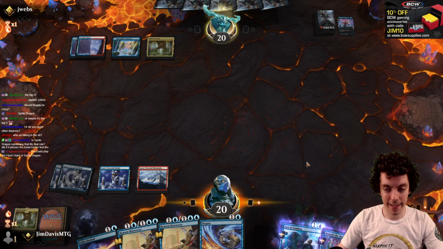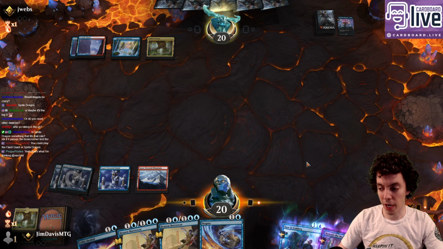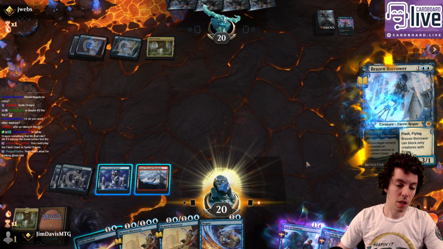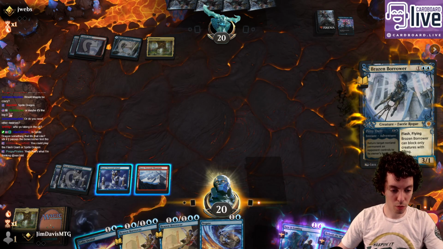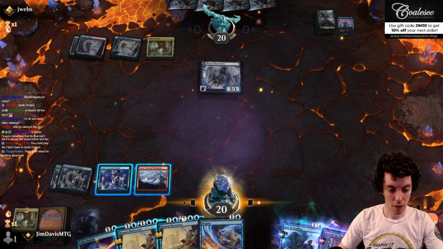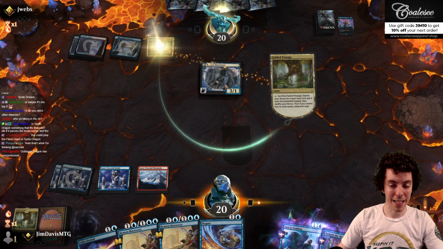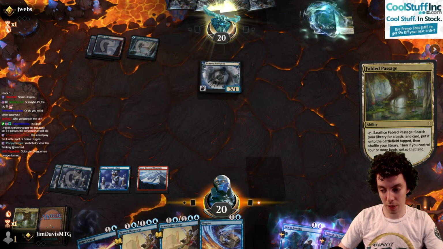Magda, it's just really bad if they have blockers, right? Sprite Dragon? Sprite Dragon's interesting. Can hard cast a Brazen Borrower. This is fine. We have kill spells in our deck and stuff. Obviously, getting a thing in play is pretty good, because now they can kind of sit back with their counterspells, but...